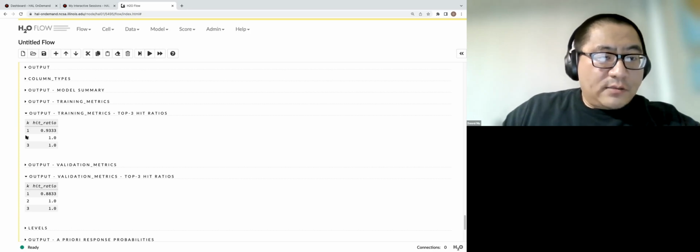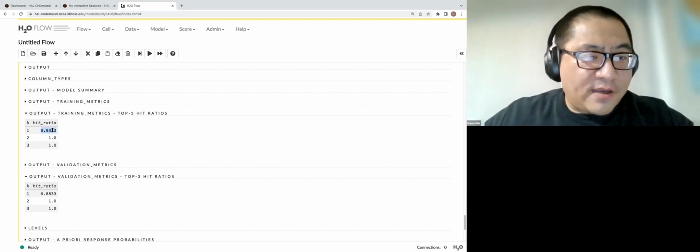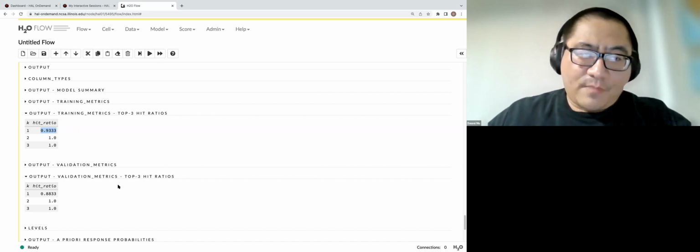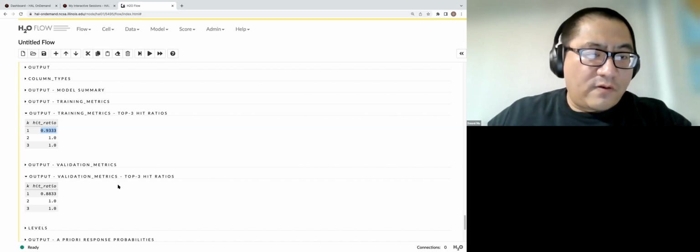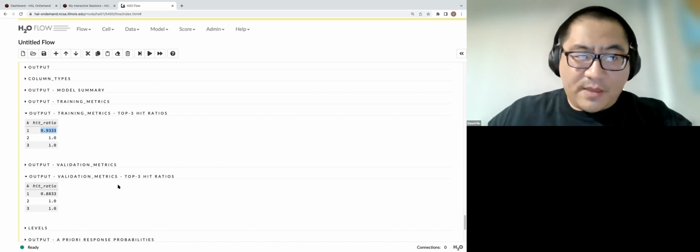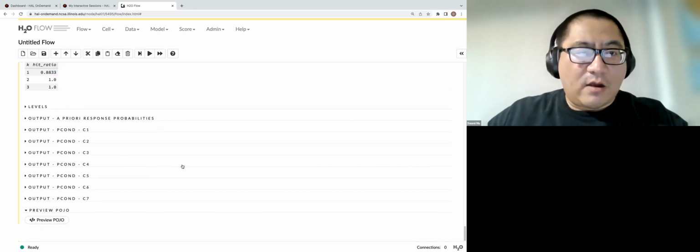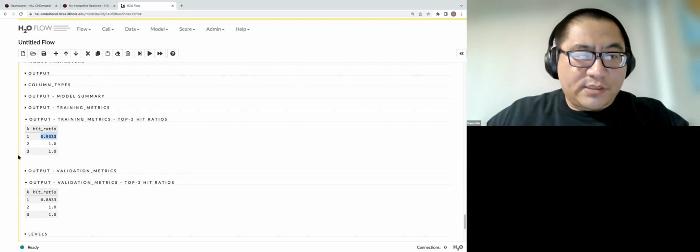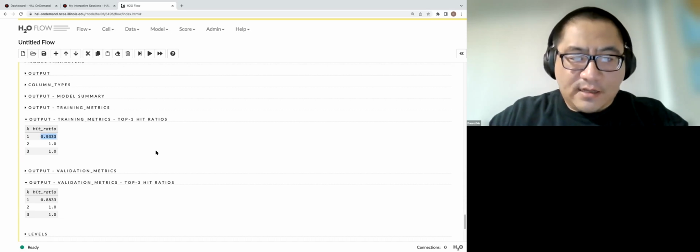for catalog 2 and 3, the training data sets and validation data sets are all doing a good job, but the hit ratio of catalog 1 in the training data set is 93%, and for the validation data set is 88%. It's a little bit of overfitting, but we can always optimize the parameters to see if we can have a better result, but that is not today's job. We're going to continue. This is only to show you what the result looks like, and we're going to jump to our next machine learning algorithm,